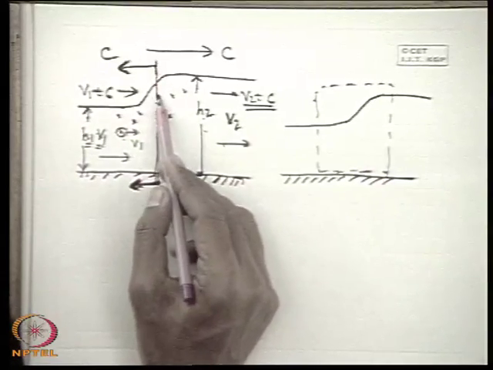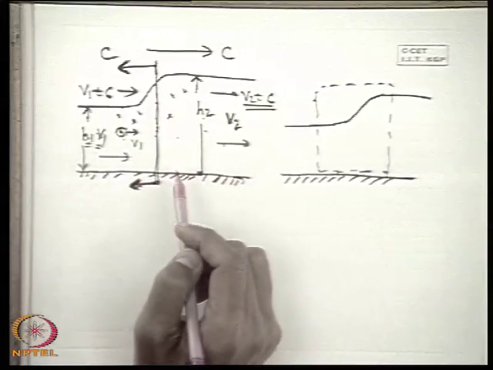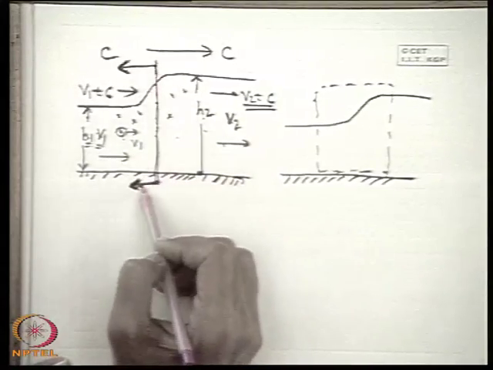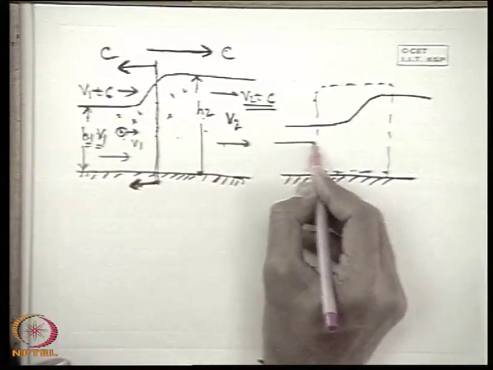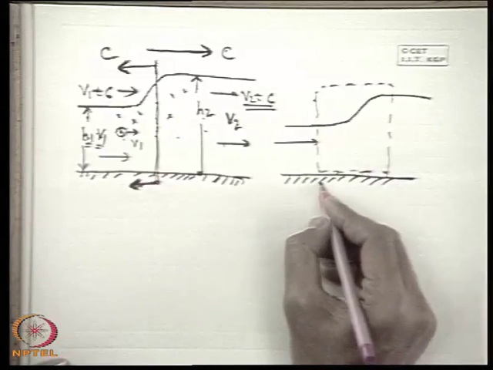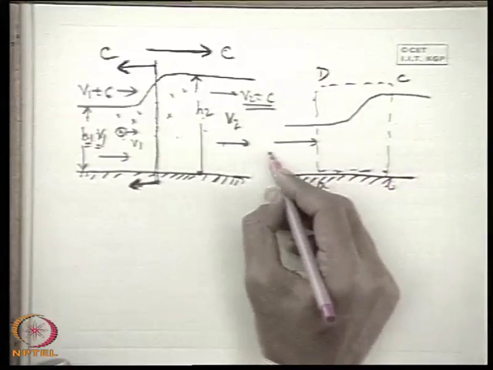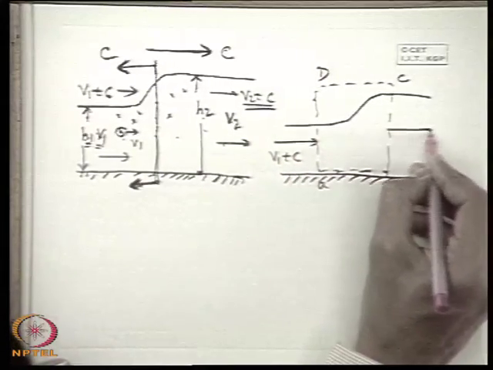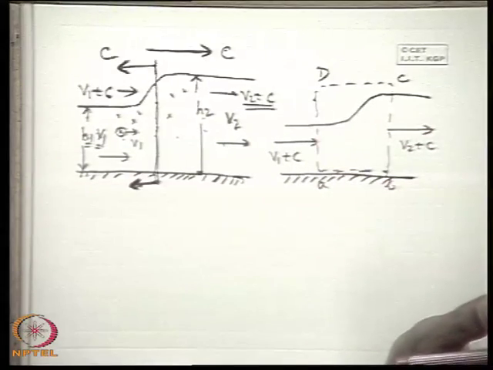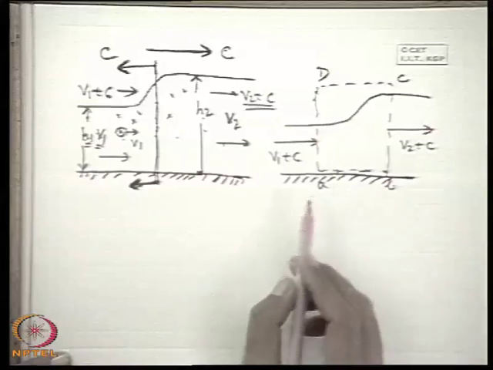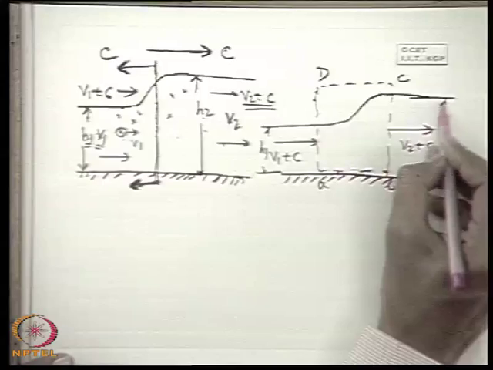Therefore, for this purpose, we make an analysis with respect to the standing wave. That means the coordinate axis is attached to this moving wave. Or in other words, the wave is made stationary by superimposing a velocity c in the opposite direction to the entire system. If we designate the control volume as A, B, C, D, the fluid comes through the face AD with a velocity V1 plus c, and the fluid leaves the face BC with a velocity V2 plus c. This is simply the picture. Now you see what happens. This is H, this is H1, and this depth is H2.